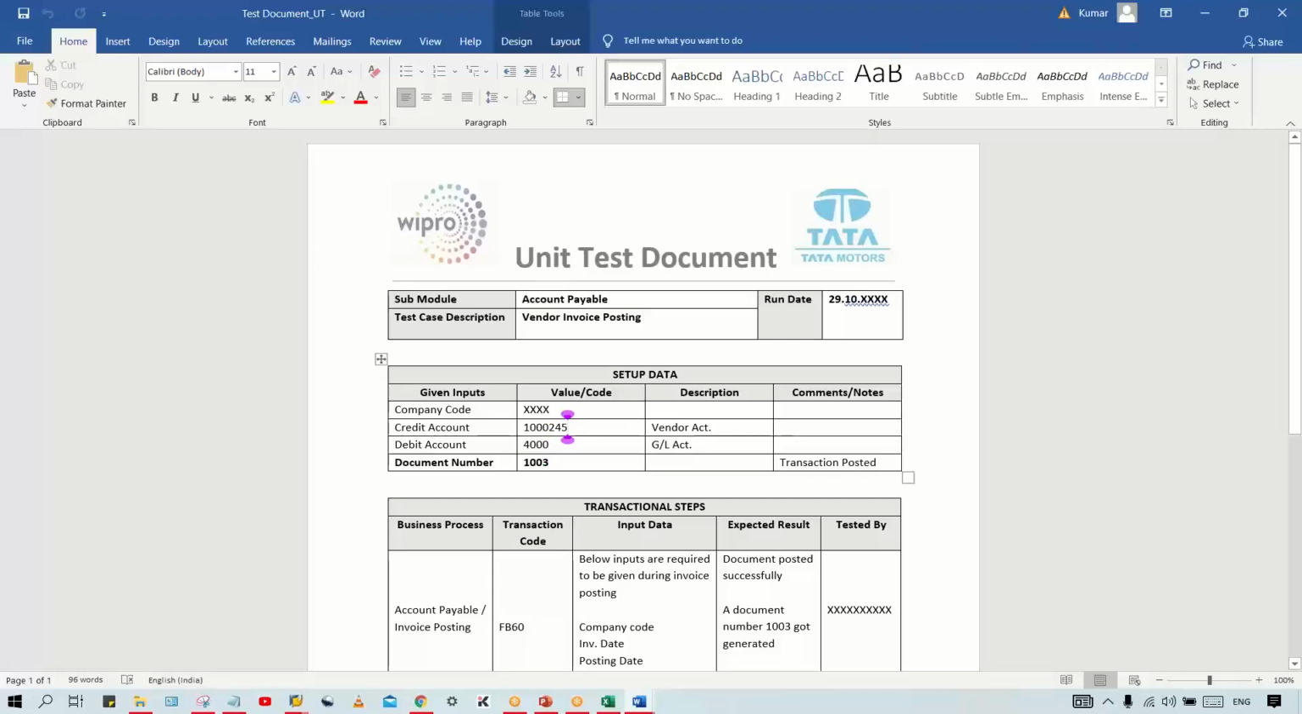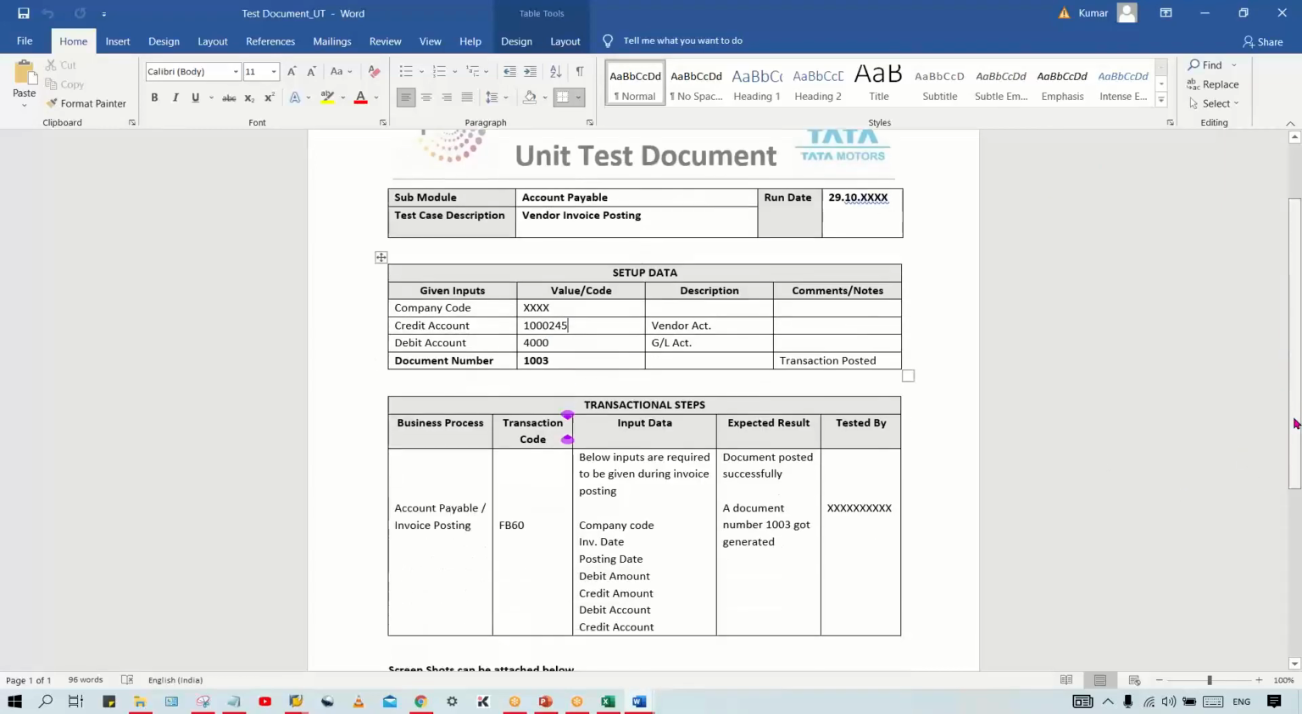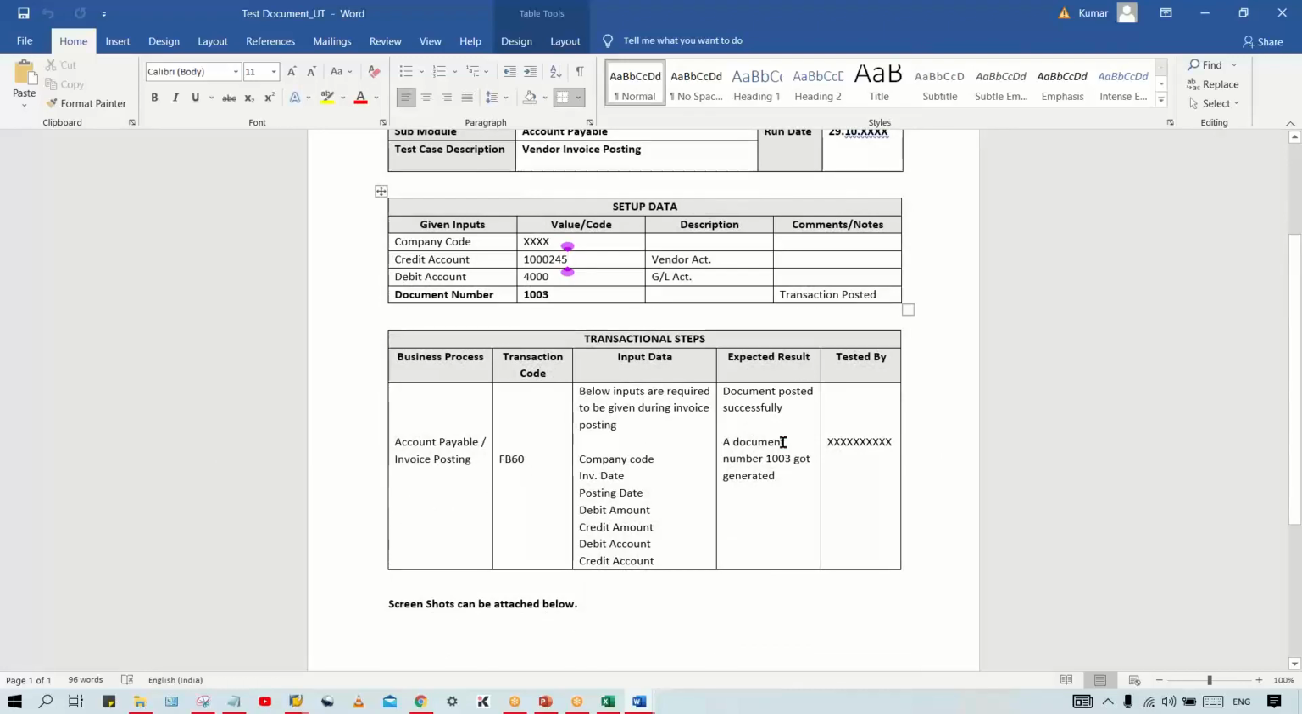Okay, I'll show you guys. It's pretty simple. Okay, and then finally, after giving all the inputs, document numbers are going to be generated. Right. Likewise here, transactional steps means, okay, so activity name, first of all, it is invoice posting itself, comes under